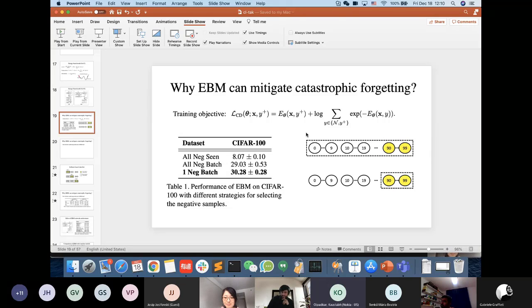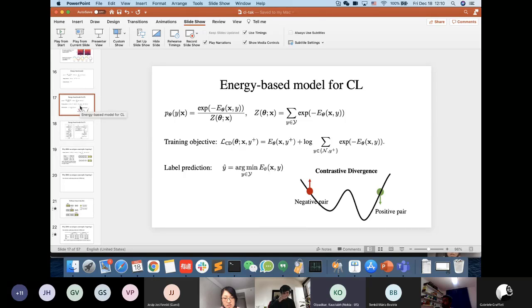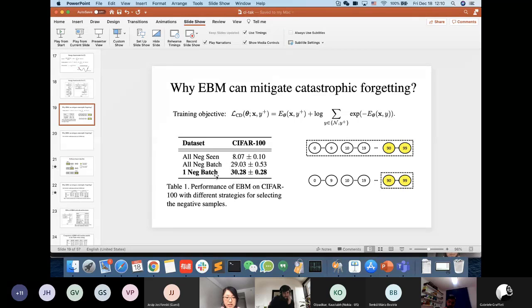First of all, it is a really great paper. As I understood, there are two things: one is the energy-based objective function, and the other is the label selection method. So I was wondering, have you tried applying this label selection method for training in some traditional algorithms like LwF and all these algorithms? Is it possible that we can see improved performance of those traditional algorithms using this new label selection method?